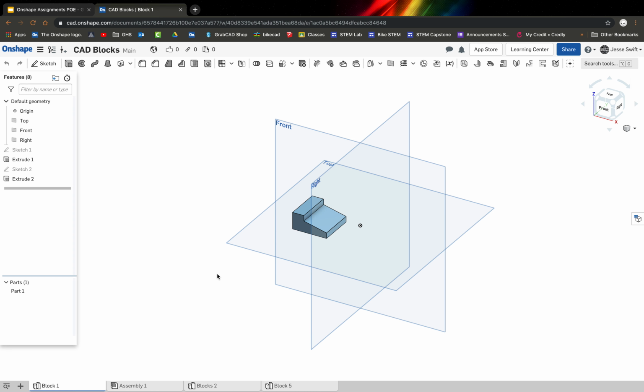I'm here to kind of help you convert your CAD drawing into a 2D paper technical drawing. And it's pretty easy using Onshape. What you do is you right-click the shape that you want, and we want to create a drawing of block